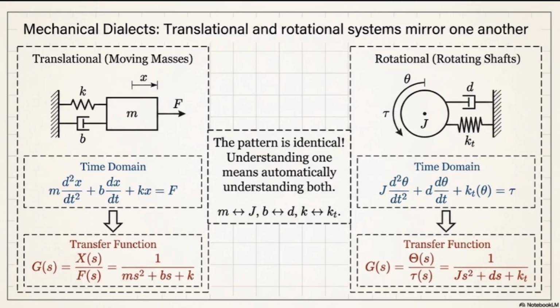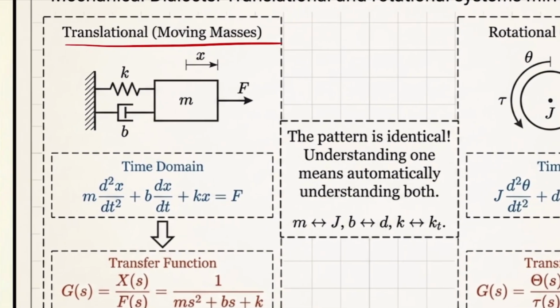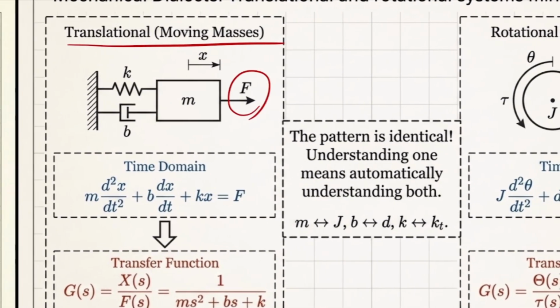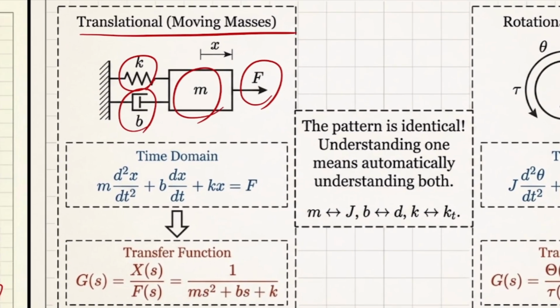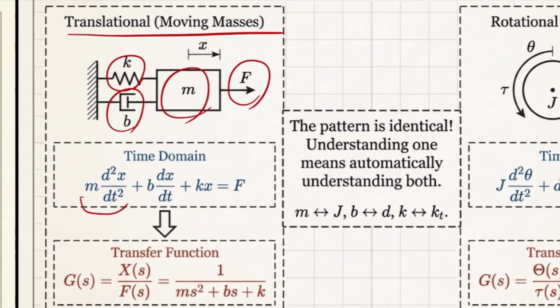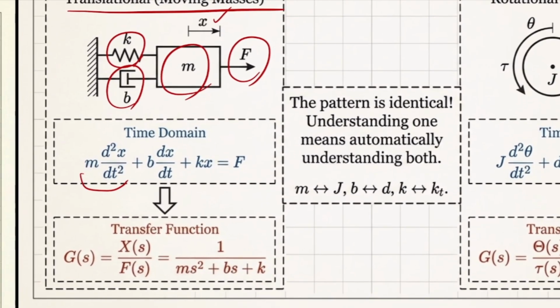So let's talk about the mechanical aspect. Imagine that I have this mass, and there's going to be a force, and I have the K and the B, which are related to whatever components are connected to my mass. Based on the time domain, we know that m d²x/dt², where x is the distance, plus b dx/dt plus kx is going to be F, your force. And the G(s) at the end of the day is going to be